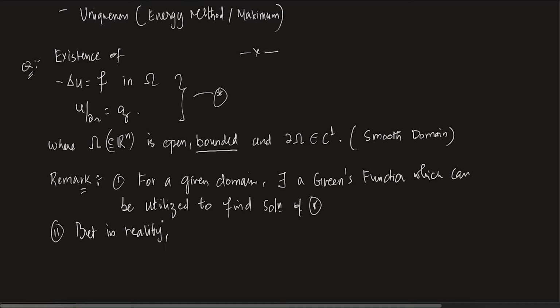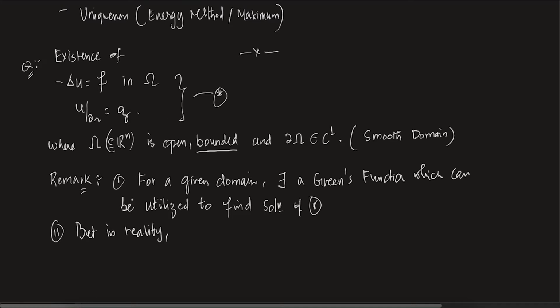But in reality, basically you may say that for any domain, I can just find a Green's function and write down the explicit formula, right? Any solution will look like this. You do understand what I'm saying? Take any domain. Let's say the domain is a ball with center at origin and radius 1. For that domain, let's say you found a Green's function, and with the help of that, you have found what the solution u(x) looks like. Since you know that the solution is unique, you can say that is the solution you are looking for.